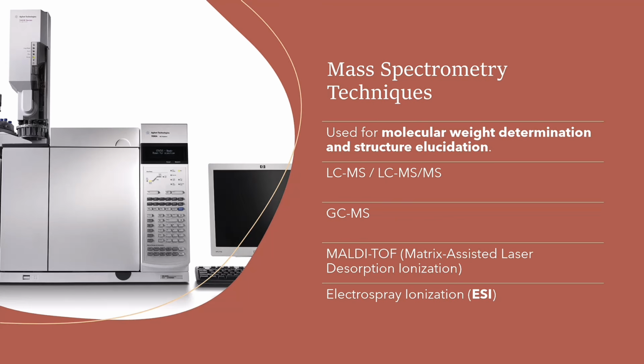Mass spectroscopic techniques. Mass spectroscopy determines molecular weight and structure. The principle is based on mass-to-charge ratio measurement. In working, the sample is ionized and the ions are separated and detected. The mechanism includes ionization, separation in a mass analyzer, and detection to produce a mass spectrum.